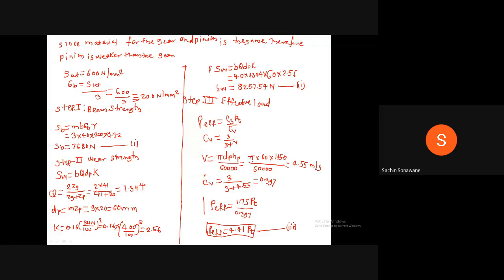Now, step number 4. We have to calculate static load. Static load means PT. Now, how to calculate PT? We have to compare SB and SW. Therefore, write down: since SB is less than SW,